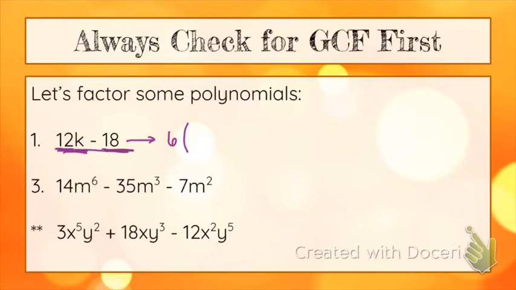So we're going to take this piece and divide it by 6 to see what goes in parentheses here. So 12k divided by 6 is 2k, minus 18 divided by 6 is 3. So what I want you to see is that